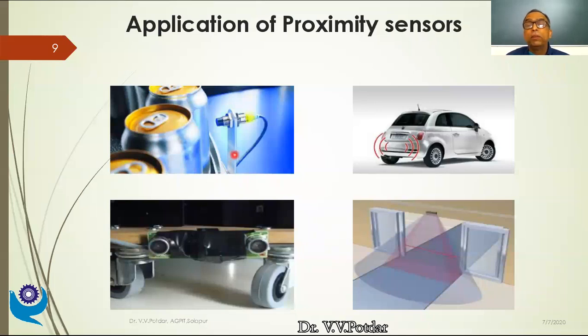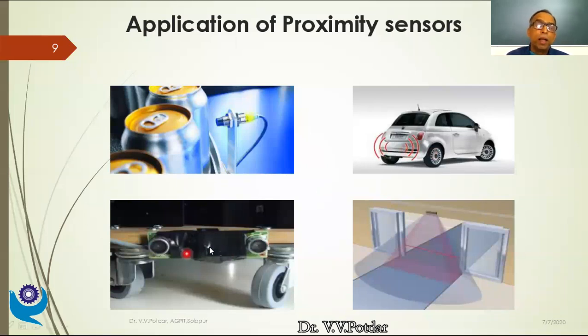Then on most of the cars, you have these proximity sensors at the back. If you're reversing, before you hit some other person or some obstacle, the car will generate a beep. I'll have one proximity sensor, maybe 2, 3, or 4, depending upon my requirement, which will be sensing when some obstruction comes in the path. They will start generating the beep to the driver so that the driver can stop without a collision.